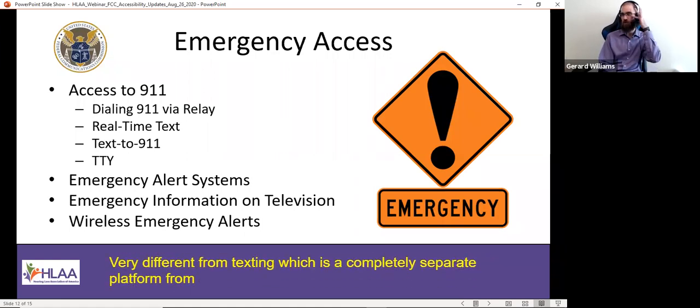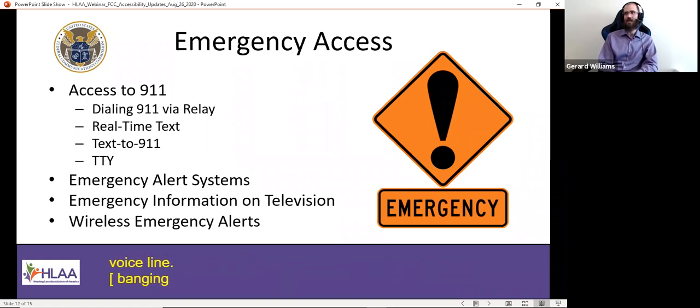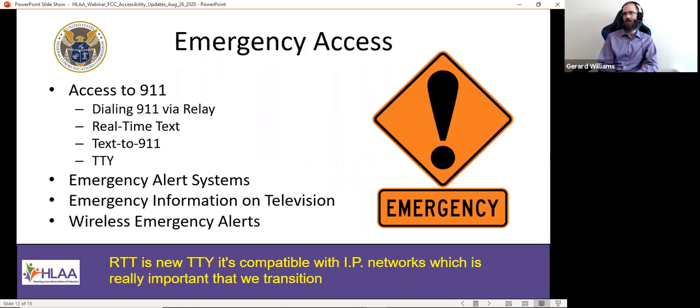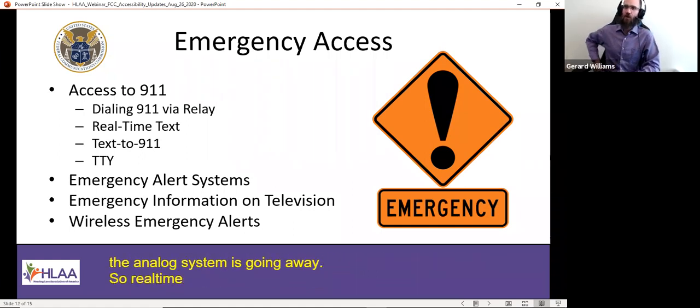It is more comparable to the way TTYs used to function, in which you were able to use TTYs over your same voice line, but now RTT is the new TTY because it's compatible with IP networks, which is really important given that we need to transition away from TTYs, since the analog system is going away. So real-time text gives us that option on your phone.